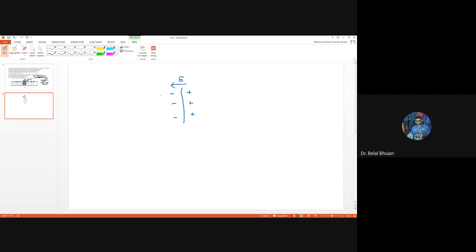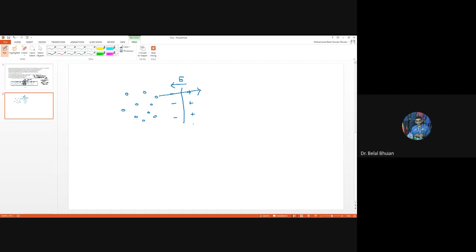Now, as soon as some electric field has been established, what we're going to notice is that the hole on the p side will still try to go from the p side to the n side. Why? Because we already learned during the diffusion process, holes will continue to move from a high concentration area to a low concentration area. For how long? As long as the